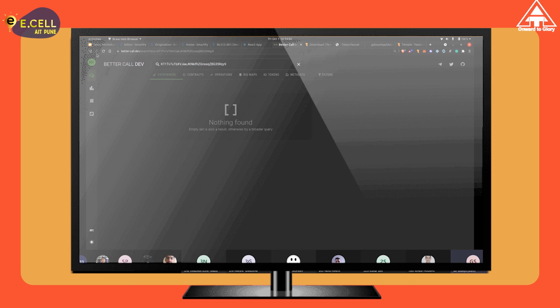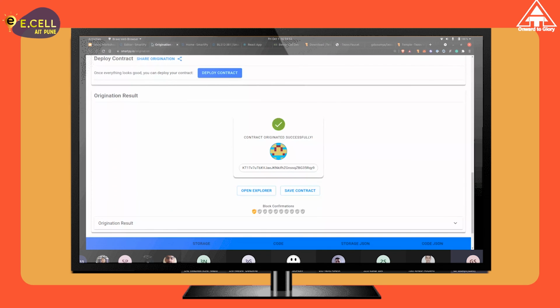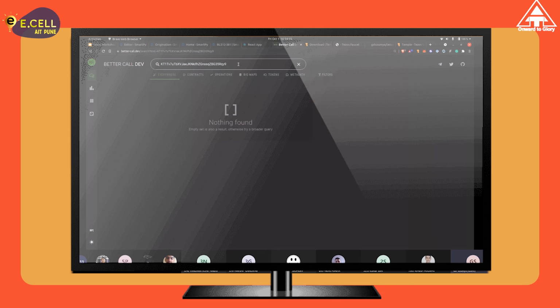Okay, it's taking some time to load, but basically once you have a few more confirmations here, you can go and search for it, and you'll see the contract coming up.